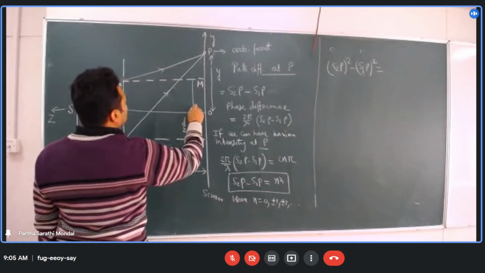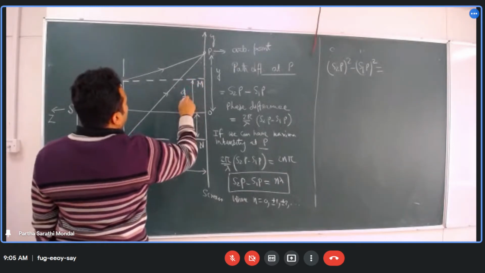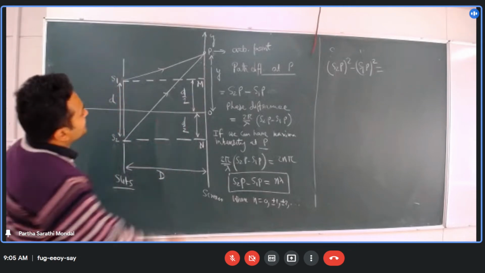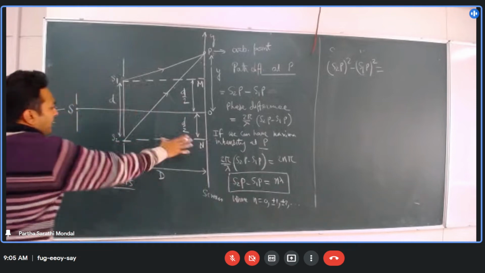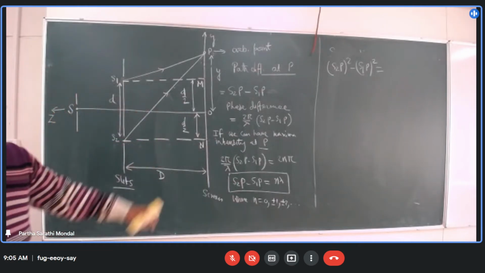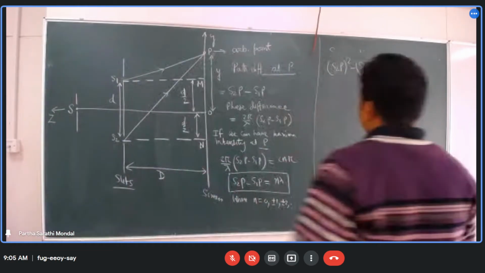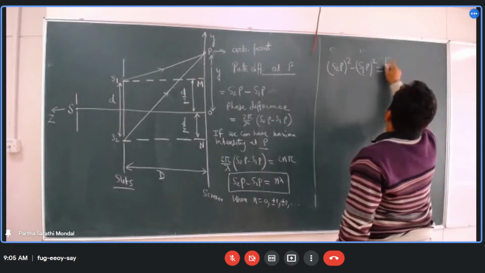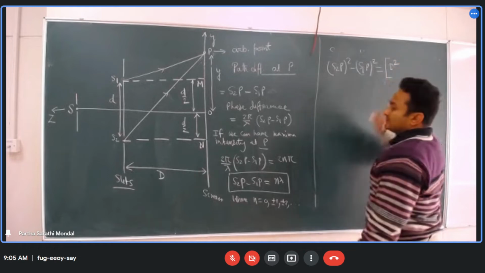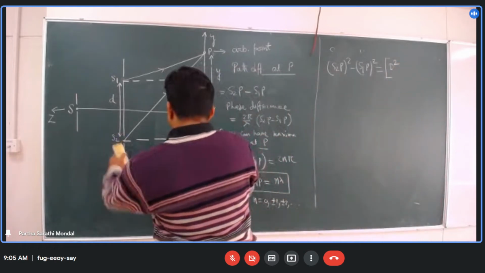And this is also D by 2. So how much will this be? Pn square plus S2n square. That is actually S2P square. Okay? So if we write it, it will become S2n square, meaning D square